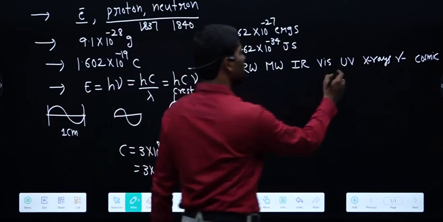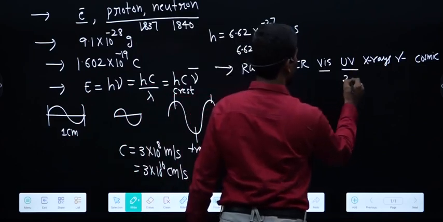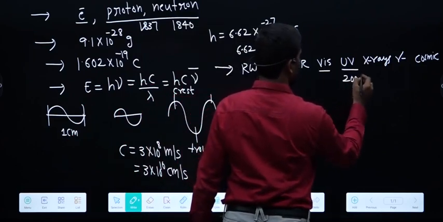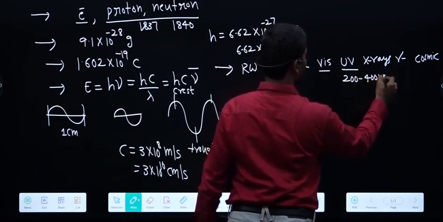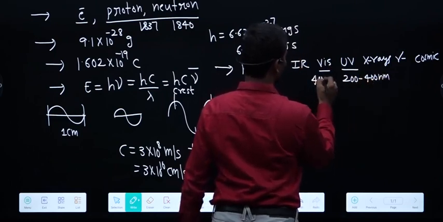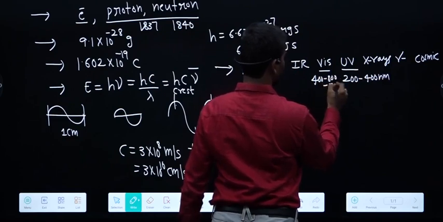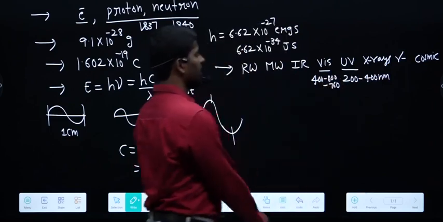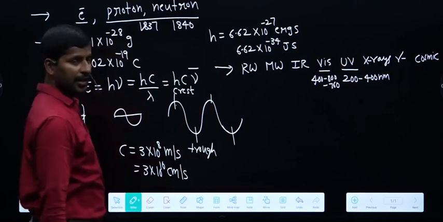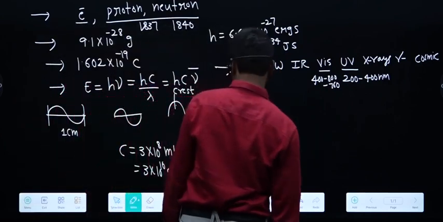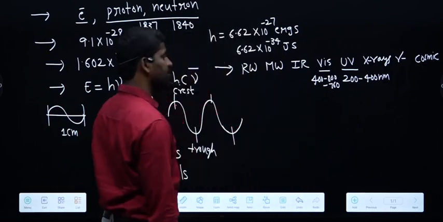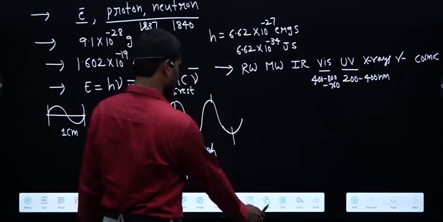And we know the UV-visible radiation range is 200 to 800 nanometers. In that, UV is almost 200 to 400 nanometers. Visible is 400 to 800. In some of the books it is given as 760, 700 like that. So 400 to 700 or 400 to 800 is the visible radiation wavelength range. Right. So next one,